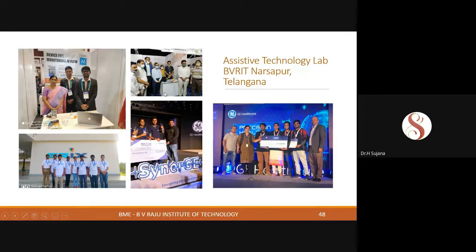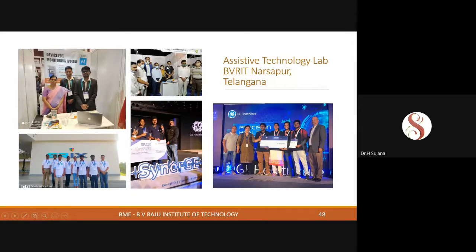This was on December 3rd, 2020. December 3rd is International Day of People with Disabilities. So the Telangana government started celebrating it last year. Actually, we do it every year, but they also started it last year, and they conducted an exhibition. We partnered with them in conducting the event, and we displayed our projects there.